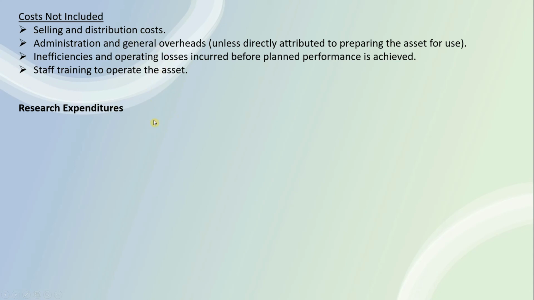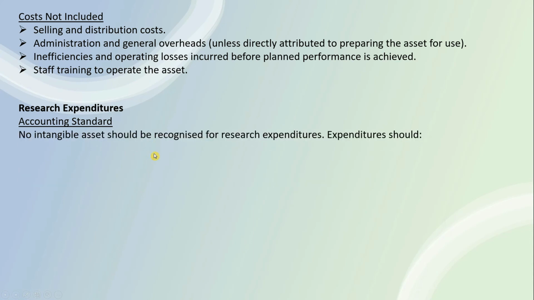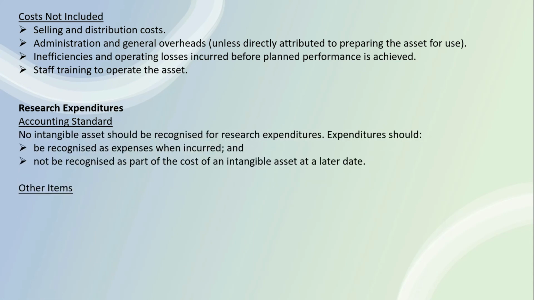It shall go to the statement of profit and loss as the research expenditure. Okay, as a research expenditure, no intangible asset should be recognized for research expenditure. So the activity related to all the research, we cannot recognize as an intangible non-current asset. Expenditure should be recognized as an expense